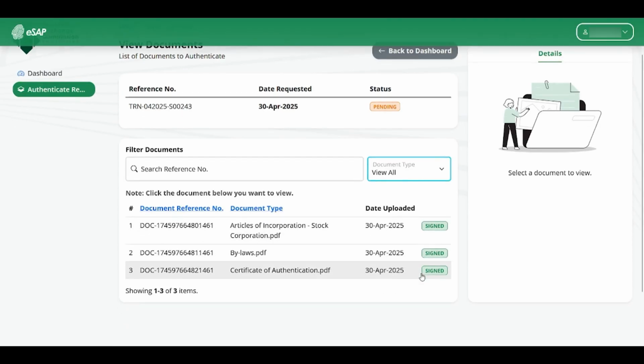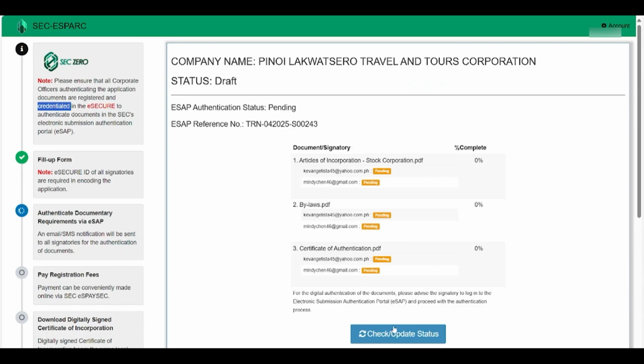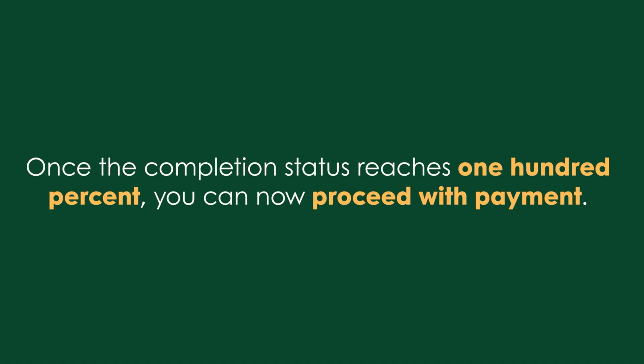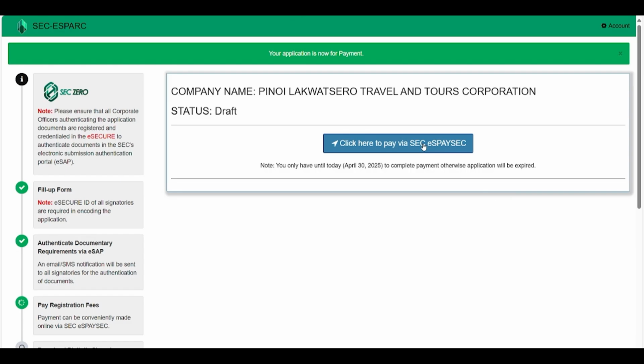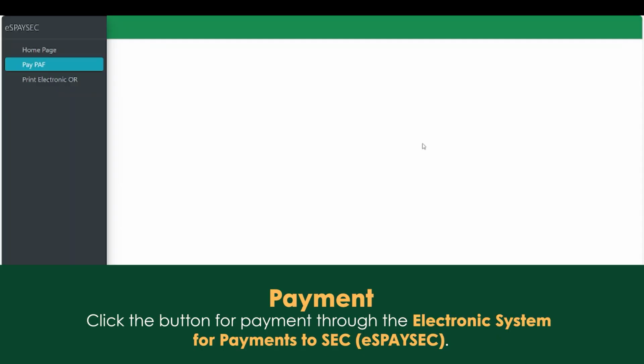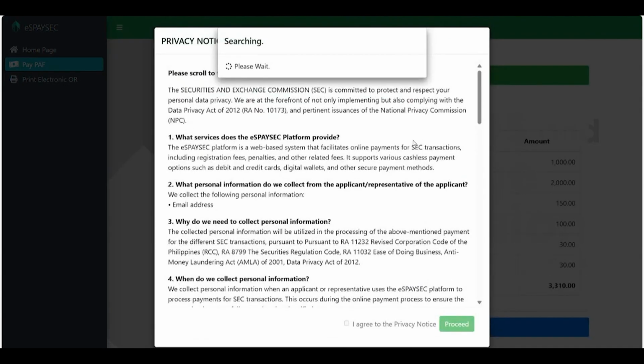Once all signatories have authenticated the documents, go back to the eSmart portal and click Check or Update Status. Once the completion status reaches 100%, you can now proceed with payment. Click the button for payment through the electronic system for payments to SEC or SpaceSec to be automatically redirected to the payment portal. Read the privacy notice